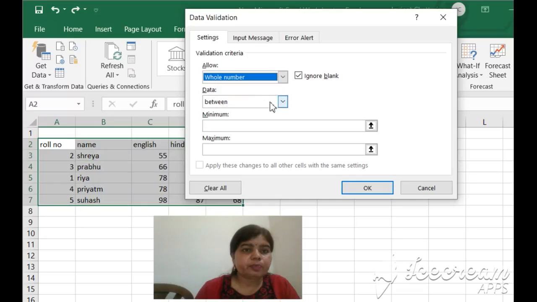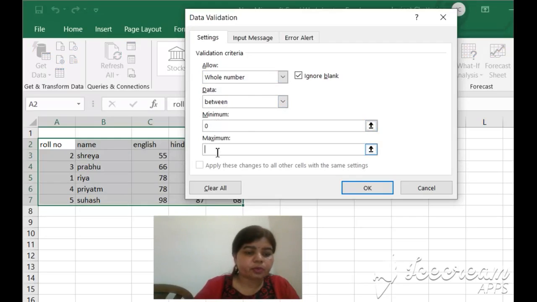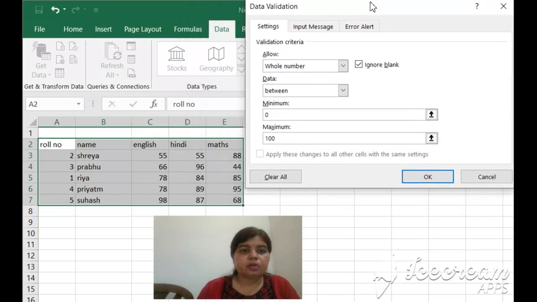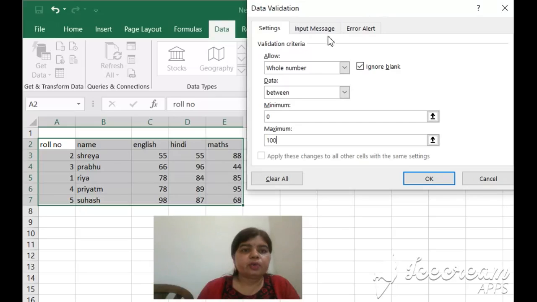Now Data: between, and here in minimum marks I'm going to give 0 and maximum 100. Here I want to explain why I have taken 0 and 100. You can see this is your table and marks is written here, and students are getting marks out of 100.